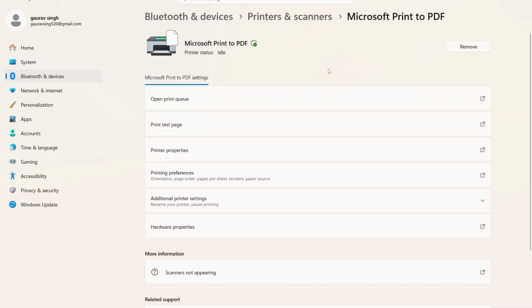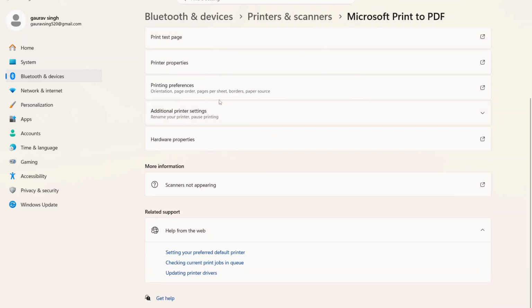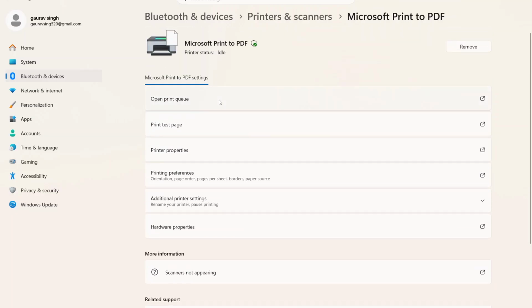Windows will search for nearby devices, and once it locates your printer, follow the on-screen prompts to add it back to your system. By the end of these steps, you should have resolved the printer error and be able to